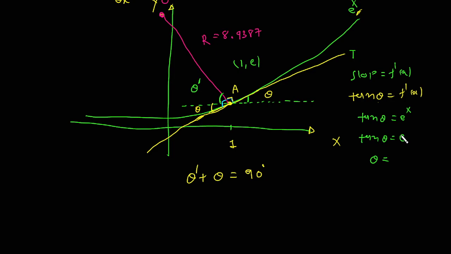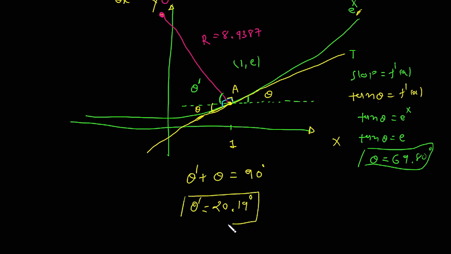So now apply tan inverse on both sides and you simply get the value of theta, which is 69.80 degrees. So now we have found the value of theta. Just put it here and get the value of this theta prime. So we can say that it is just 90 minus this 69.80. So we got the value of this angle also, which is 20.90